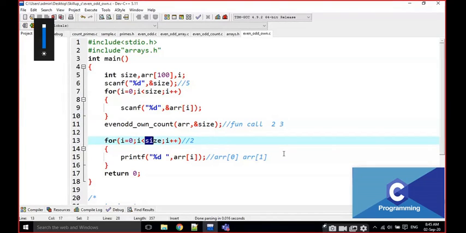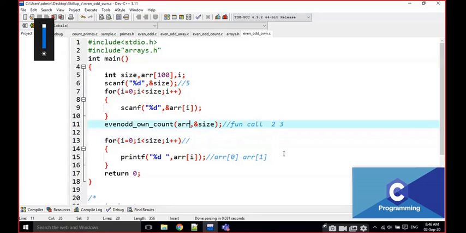I am going to modify the size. What is the size here? The size is initially 5, but how many values are there? Even sum and odd sum. How many resultant values? There are only two values, right? That means I am going to write like this. This is also true, but here the output is like this: i is less than size. What is i less than size? That means size is not 5 here. That means size is also modified in the function definition. We have to observe these things.